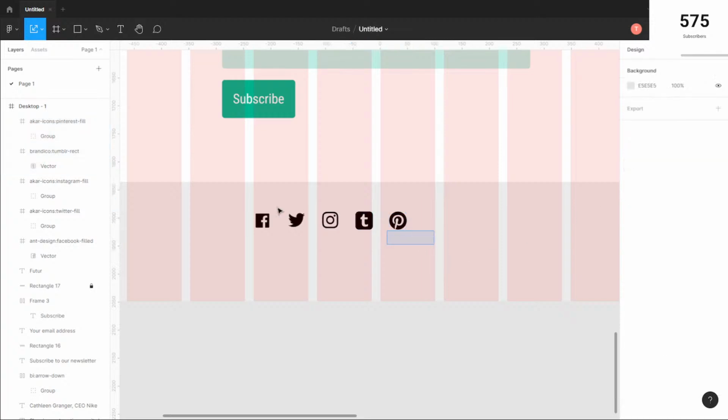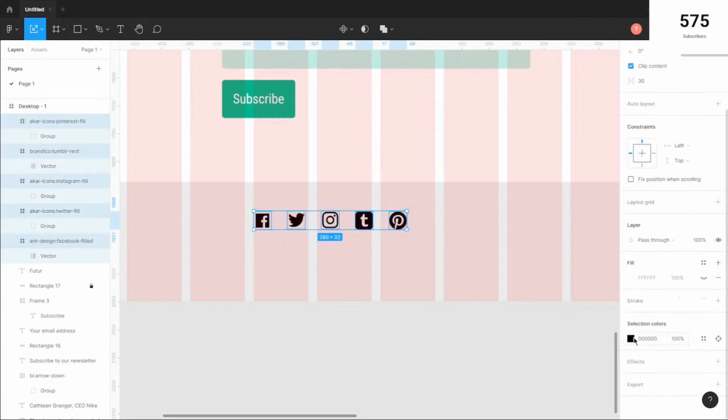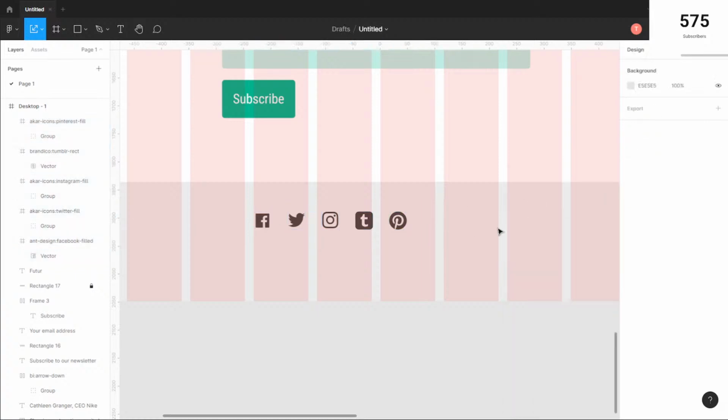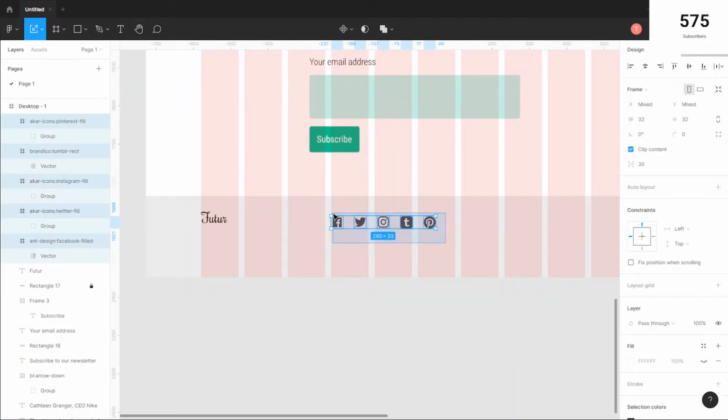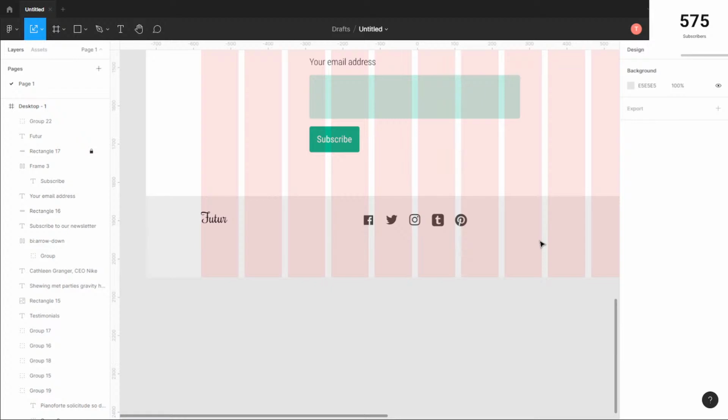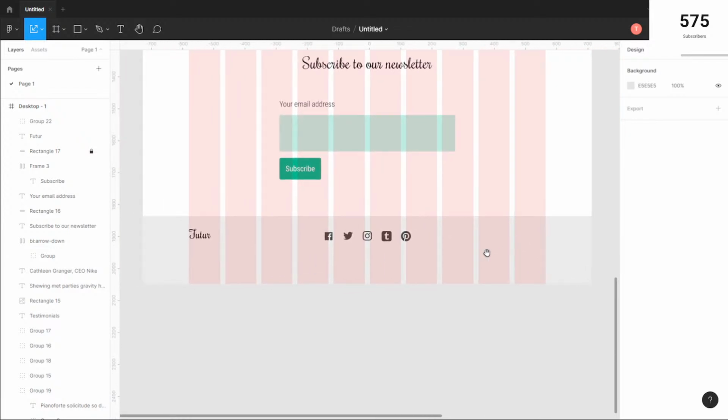Okay, grab all of this, change this text color to a very slight gray. Okay, not very slight, but you catch my drift. And then group these so that I can just move all of them at once, place them to the center. Let me place it right there. And then once we have this,